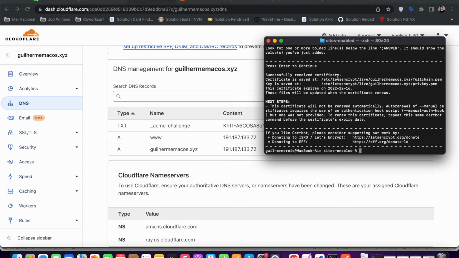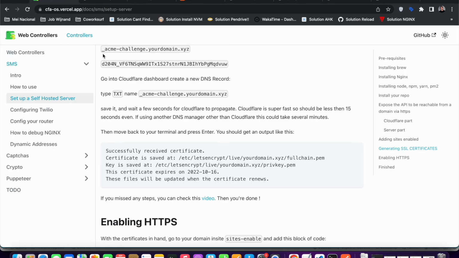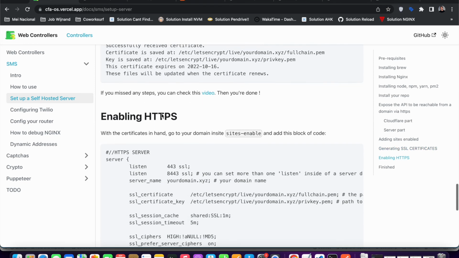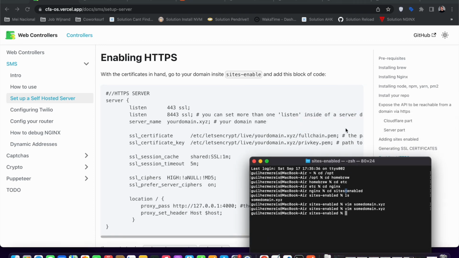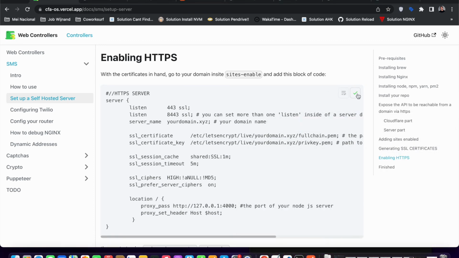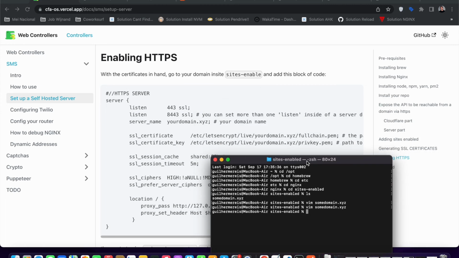So okay, you get this thing here, successfully received certificate, right? So the certificate is saved at this location here, so it validated correctly. So now you have the certificates, the fullchain.pem and the privkey.pem, right? The certificate expires, I think, 3 months from now. Yeah, so that concludes that. So now we have the certificates. Next step is to enable HTTPS, right? So you can copy this block of code here and then open the terminal,